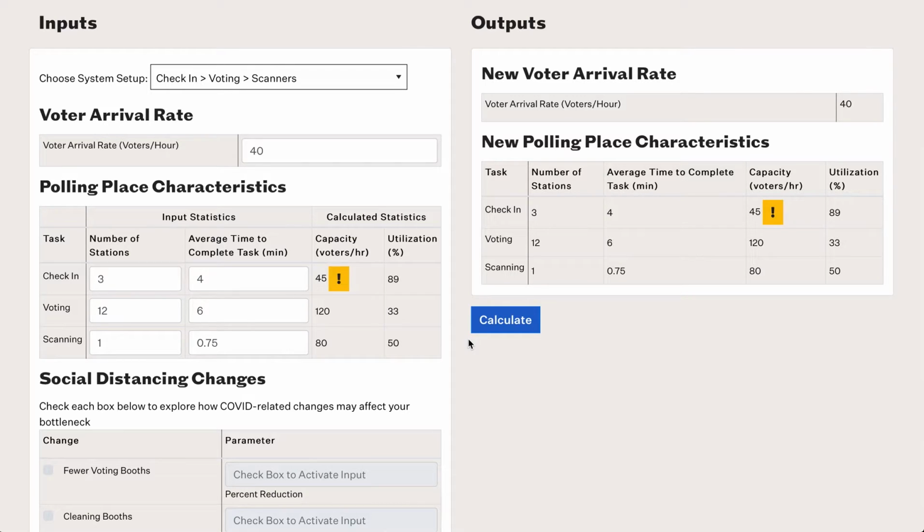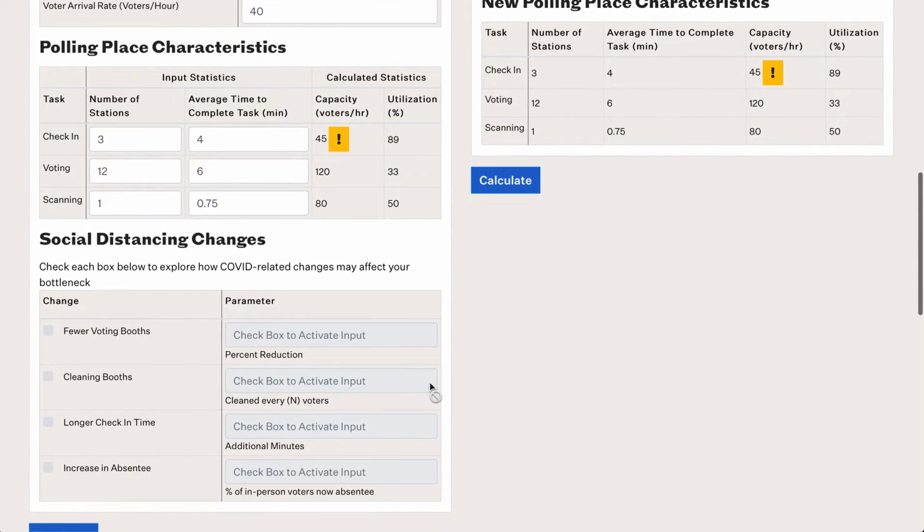Next, let's include some social distancing measures to see what will happen. We scroll down here. In each row, we click on the checkbox to activate the input and then enter a number for the parameter of that input. First, this input means that we'll have fewer voting booths in the process. If a voting booth is in a bank of booths, and each booth is 2 feet wide, only every third booth can be opened while maintaining a 6-foot social distancing, meaning that we will have a 66% reduction in voting